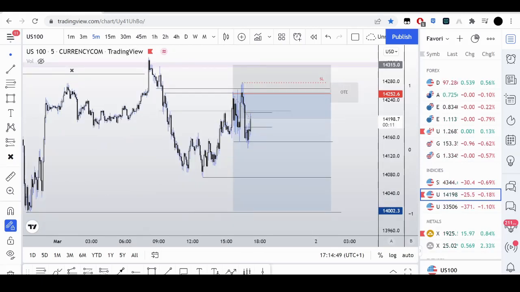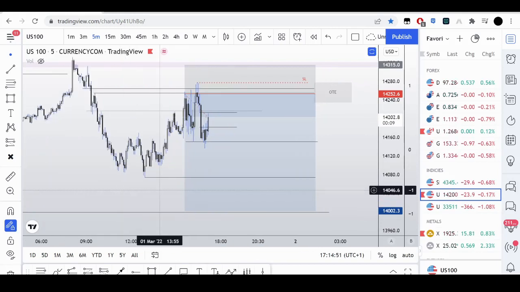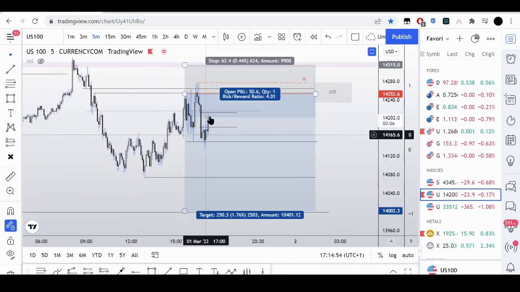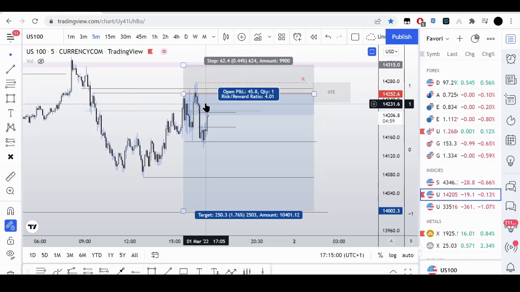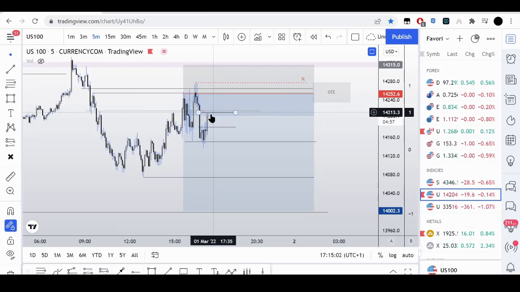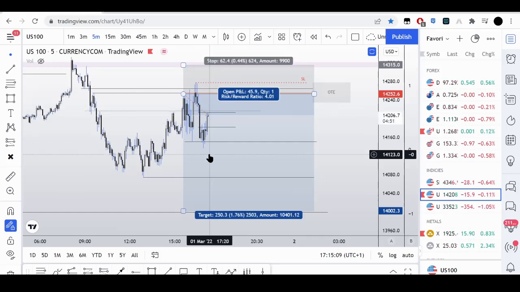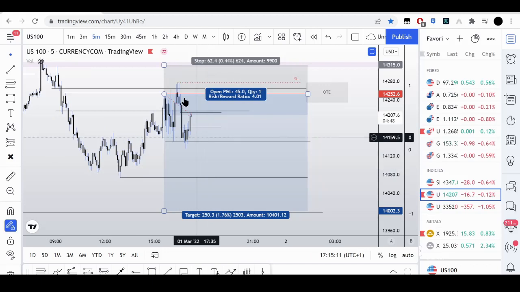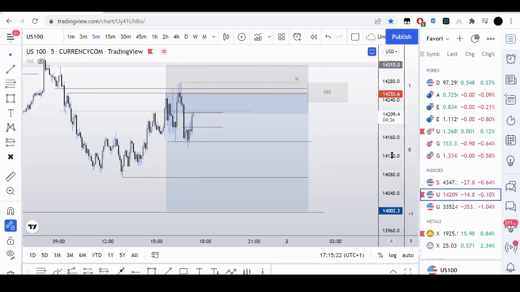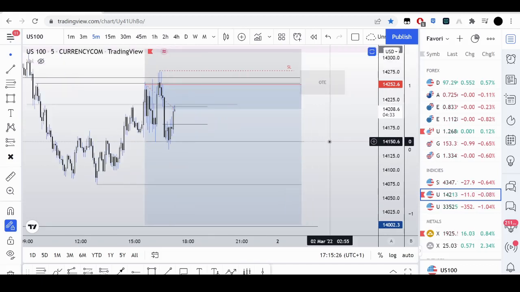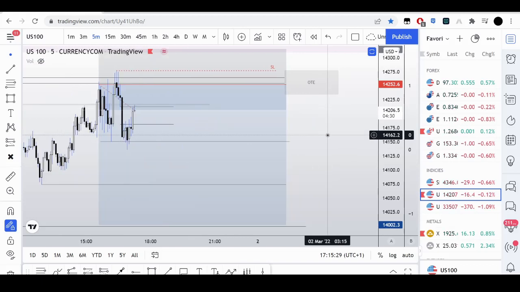All right, a little quickie update, you feel me? We're inside of this fair value gap right now. Rebalancing that, I expect us to have a displacement after we rebalance it. I don't expect it to come all the way up here to this order block. Just completely rebalance this. It might wick up just a little bit and then continue down. That's all I want to see, you know what I mean? But my stops are safe up here. If it runs me out, like I said, half a loss, but I expect this high to be protected and for us to continue lower. So we'll see. We just completely rebalanced that just now. All right, let's see what it does. Let's zoom in a little bit.